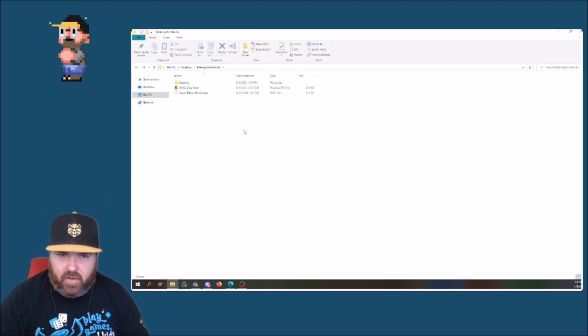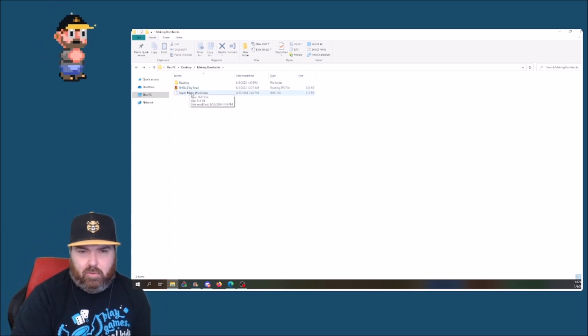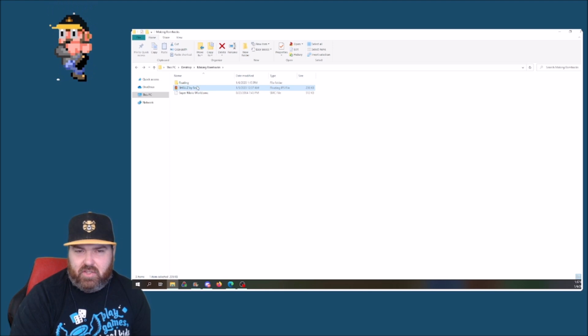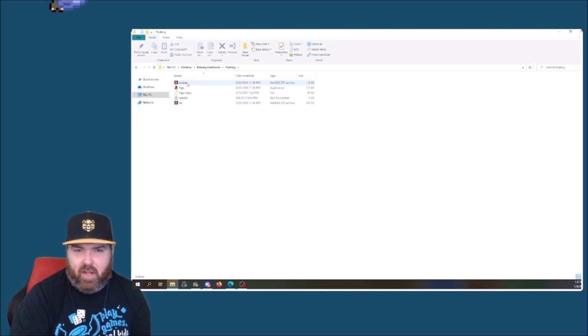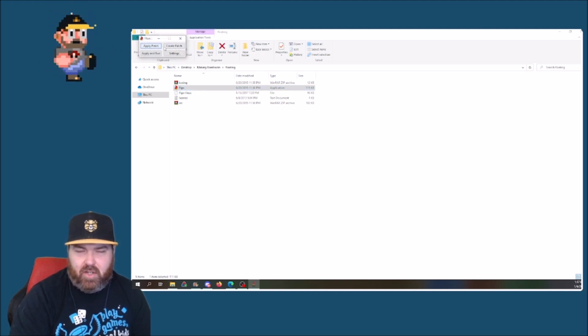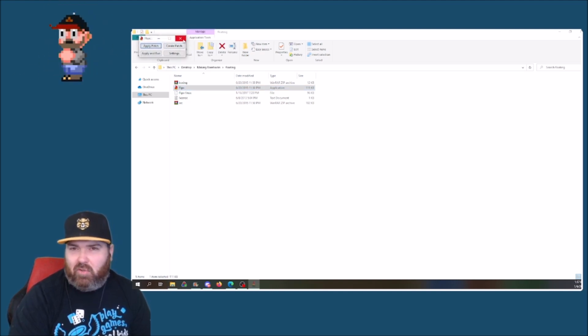Okay, so we have our 3 files here. We've got our Super Mario World base ROM, our Shells patch that we want to apply, and then we have our folder here for floating IPS. So you can go ahead and open that folder. If you click on Flips, that's the actual program, and that brings it up. You can choose to apply the patch this way, but you don't really need to do that.